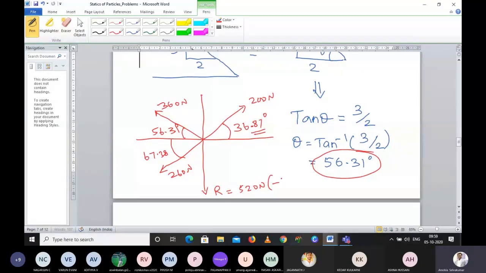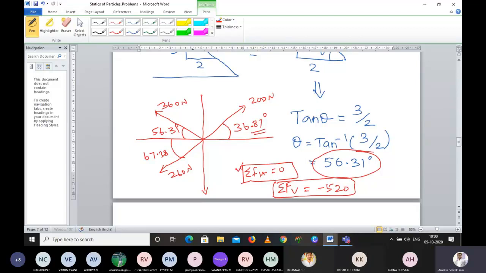I won't forget that minus. Are you getting? One more thing, I won't consider the normal condition, so it's better you avoid this one also. Instead of marking here, you can write it clearly here: summation of horizontal forces, FH is equal to 0. Summation of vertical component forces, V is equal to minus 520. So you will be very clear in all the things.